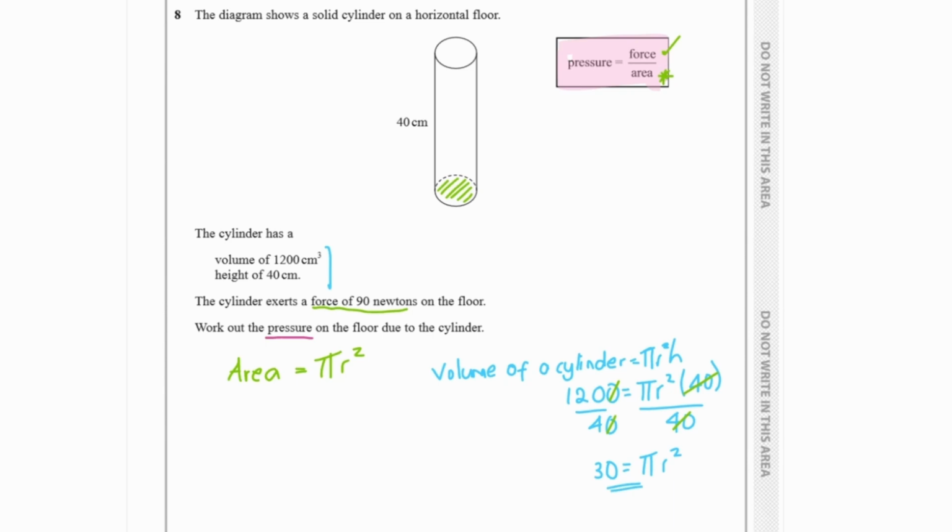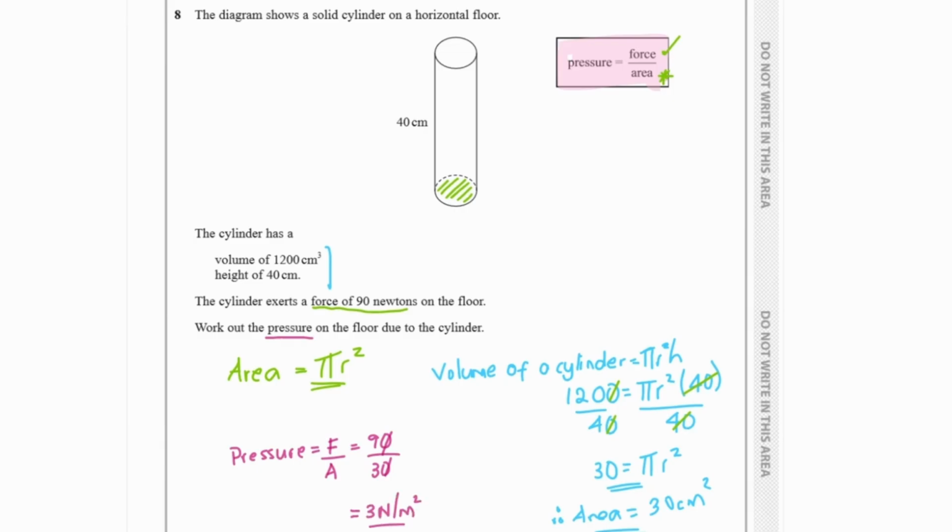We already know that the formula of the area of a circle is given by pi r squared, and we have 30 is equal to pi r squared. We can therefore conclude that the area is equal to 30 centimeters squared. We now know what the area is, and we can use this to find the pressure that we're looking for. Pressure is equal to force over area. The force is 90, and the area from our previous formula is 30. We can simplify this to make it 9 over 3, and 9 over 3 is equal to 3 Newton per